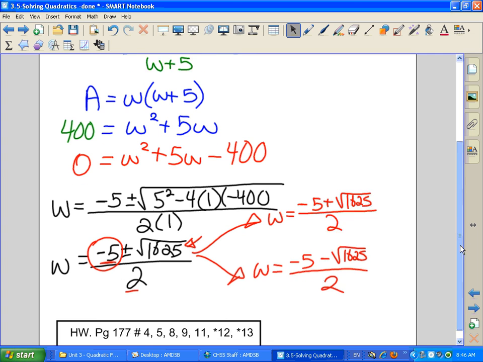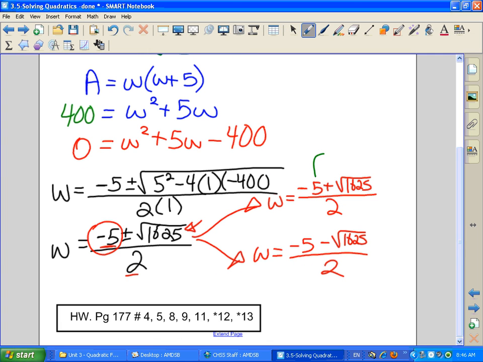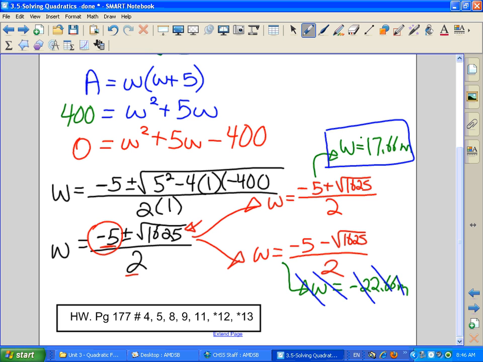Plug these in your calculator, ladies and gentlemen. Okay, and this solution is W equals approximately 17.66 meters. And this one is approximately negative 22.66 meters. And taking a look, ladies and gentlemen, is it possible to have a negative width? No. So we are looking at this as our answer. So therefore, width